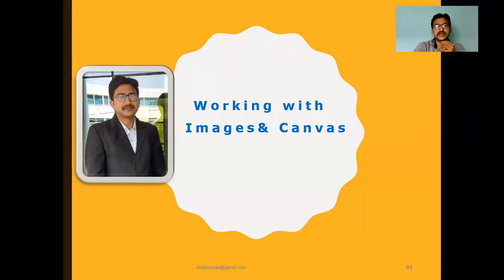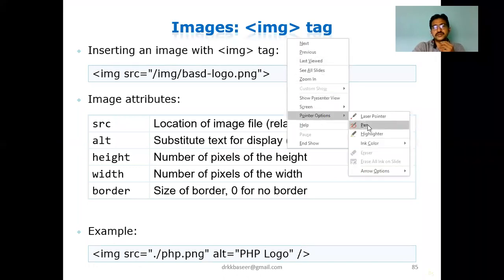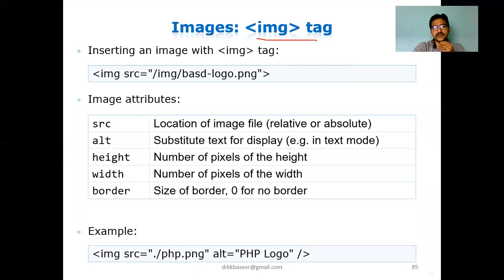Let me see how we are going to use images first. Images are used with the help of the img tag in HTML. The syntax for img starts with img. We have a lot of attributes like src to specify the location. We have alt, which stands for alternative. Whenever the image is not able to load in your HTML page, it will display the alternative message, whatever value you assign for alt. And height and width you are already aware of. If you want a border for your image, you can directly add the border. These are some of the attributes we regularly use for the img tag.